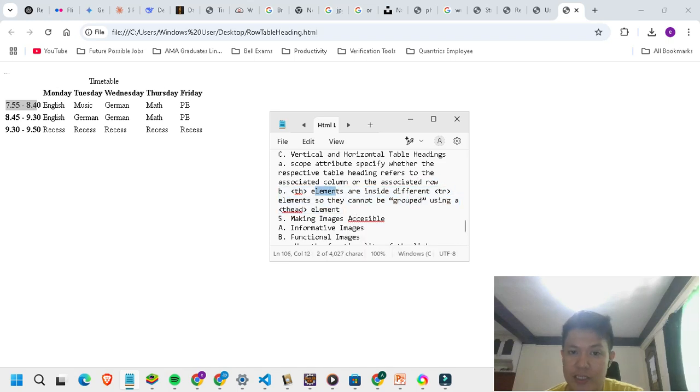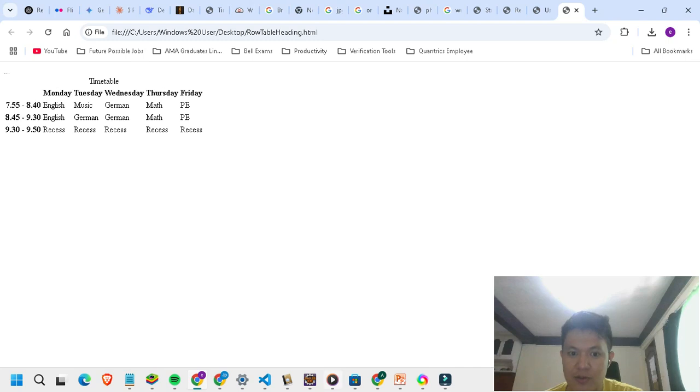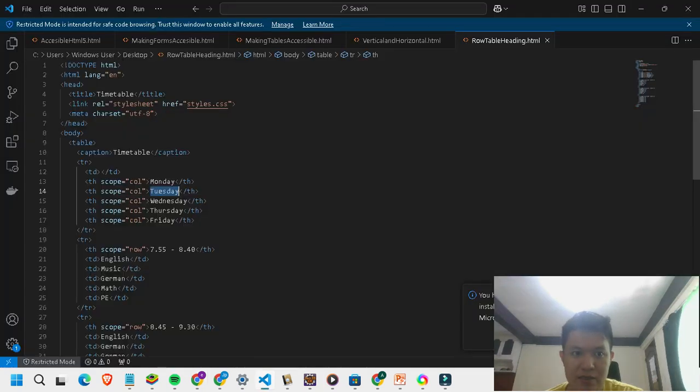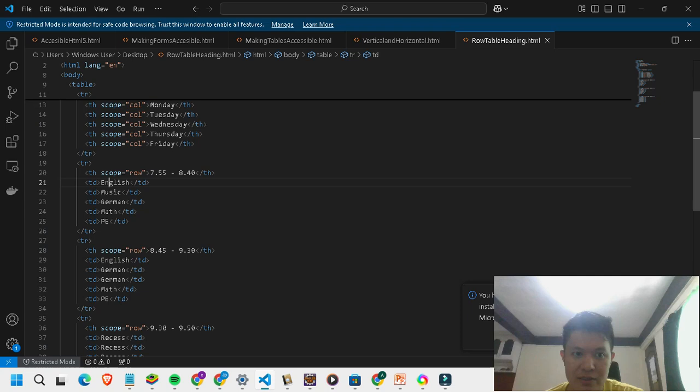So the th elements are inside different tr elements, so they cannot be grouped using a t-head element. So that's the reason, because the th elements for this table row are inside the tr element like this. English, music, German, math.